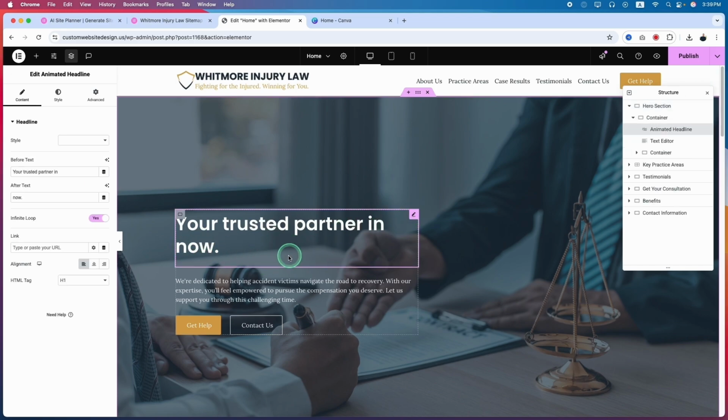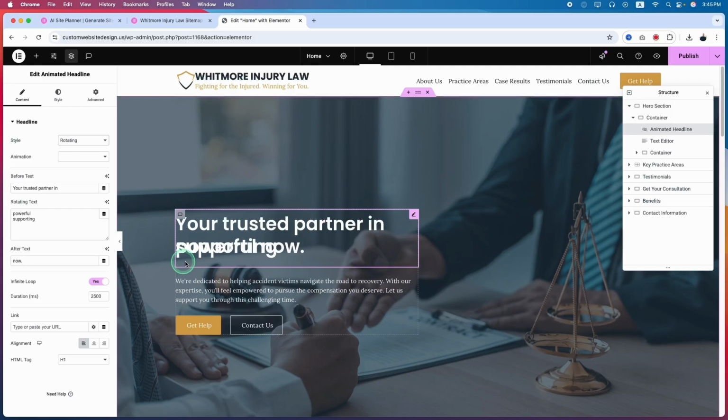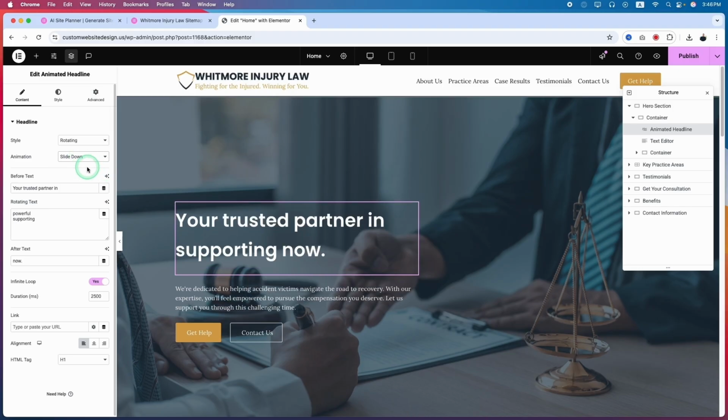To fix it, click on animated headline. Okay, here we have to select the style. So I will click here and click on rotating, and now here we got some text. I will click here and now see what type of animations we have. Okay, slide down will be the best option, and here the text is not looking good, so we have to